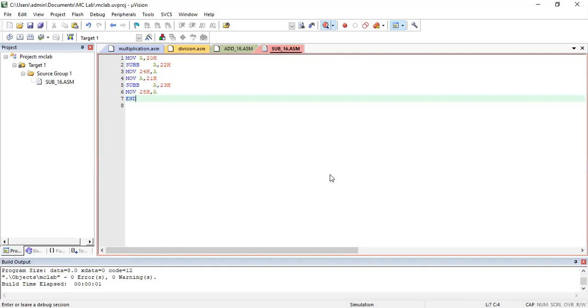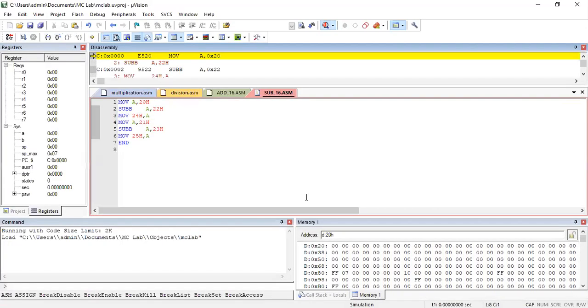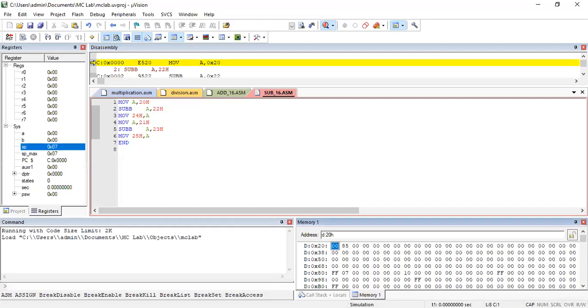What should be the answer now? The numbers that I had taken in the example were 8546 minus 5678.